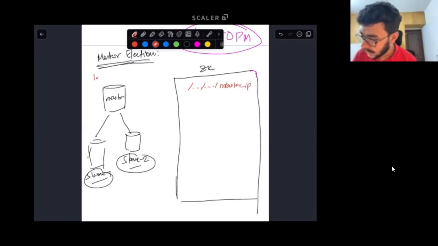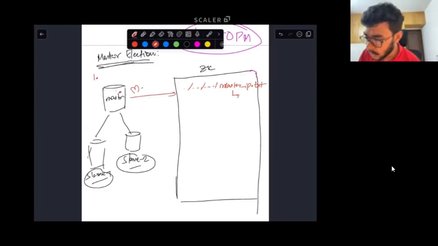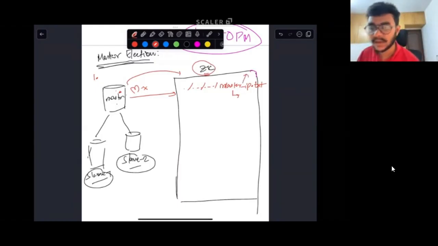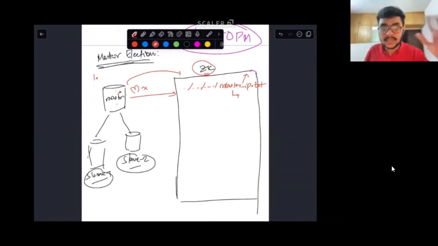This file will get deleted once the master database is no longer alive, because the Zookeeper client running on the master along with the master database will no longer send heartbeats. Those will not be sent to the Zookeeper manager running in the Zookeeper machine, and hence it will delete this file. Give me a +1 if this makes sense to you, that the file will get deleted. That is the first step that will happen when the master machine stops sending heartbeats.